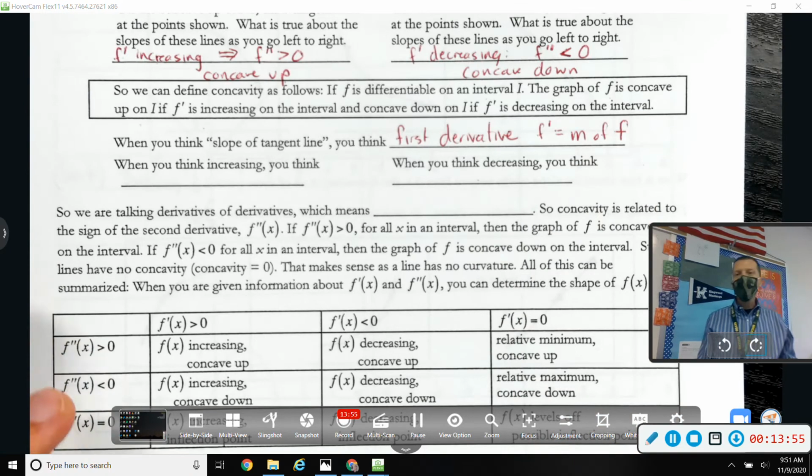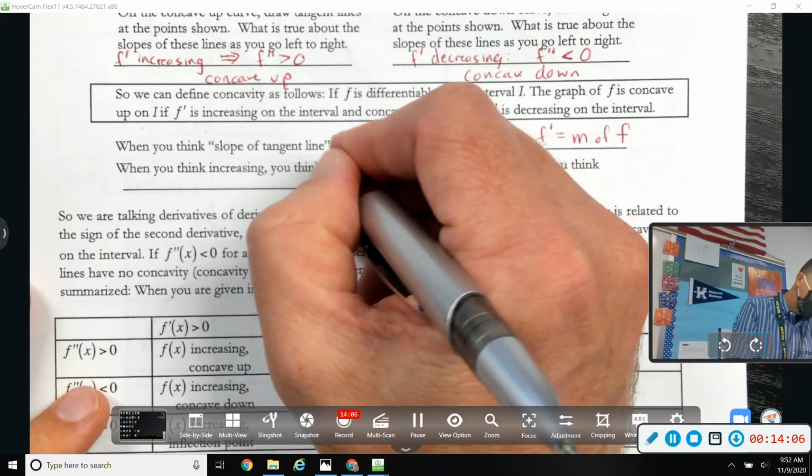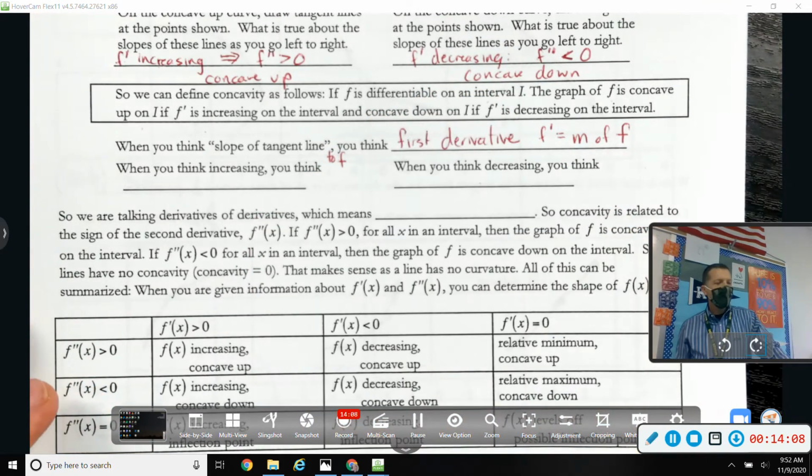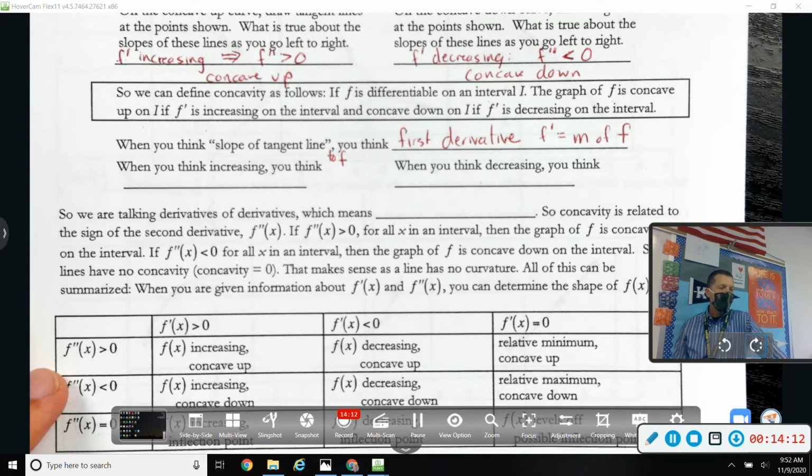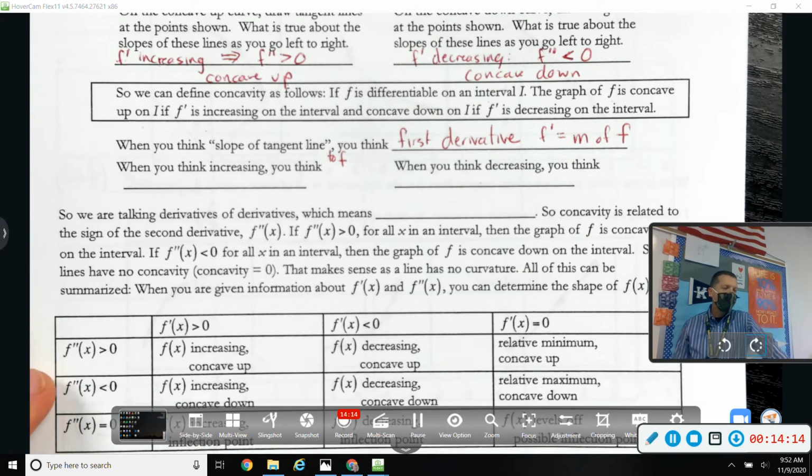F prime tells you the slope of f. Now, if you did the slope of the slope, that would be the second derivative. But tangent line to f, you're thinking the first derivative. When you think increasing,